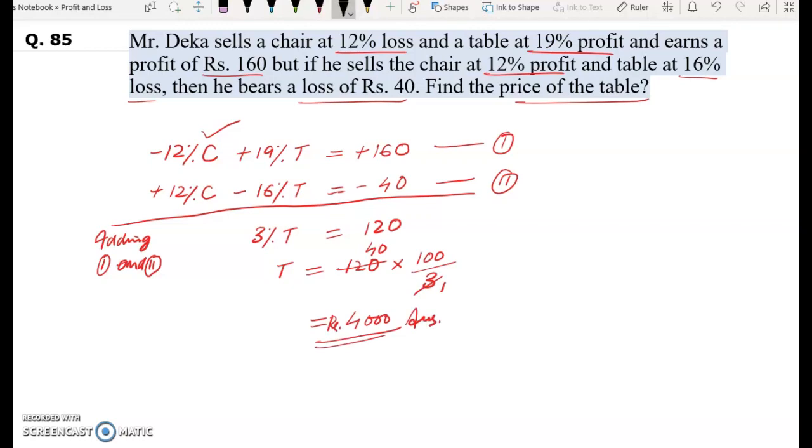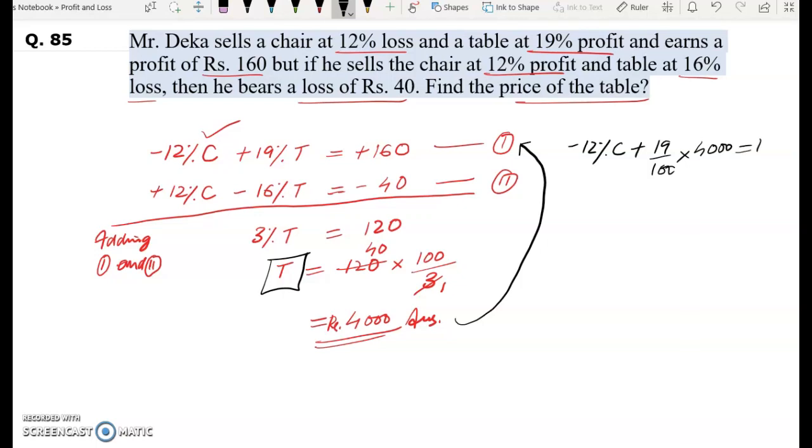Now in this question, if the price of the chair is asked, what will we do? We have got the value of the table, rupees 4,000. We will put it in equation number 1 or 2. So let's put it in equation number 1. We have minus 12% of C plus 19% of table. Table is how much? 4,000 rupees